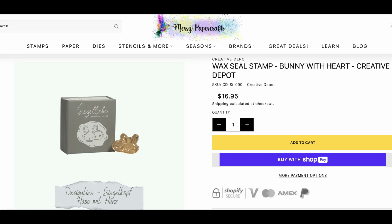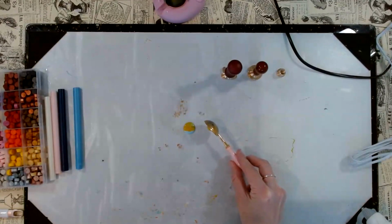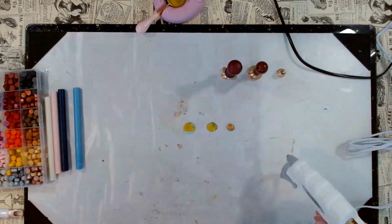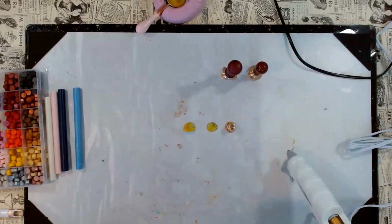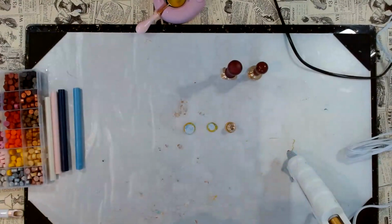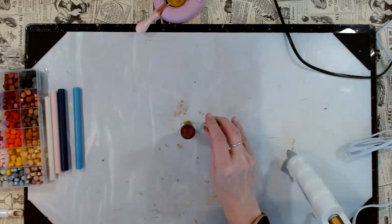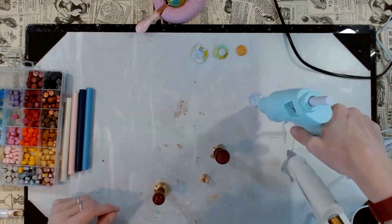And what I love about these wax seal stamps is that they make such beautiful embellishments. And it's a little bit addictive, so once you start, it's very difficult to stop. And as you can see here, the way to apply wax onto your sheet can be done in different ways. So I have two of these sealing wax glue guns, and that's very similar to a regular hot glue gun, but I think the opening is a little bit bigger, so I felt that the wax came out a